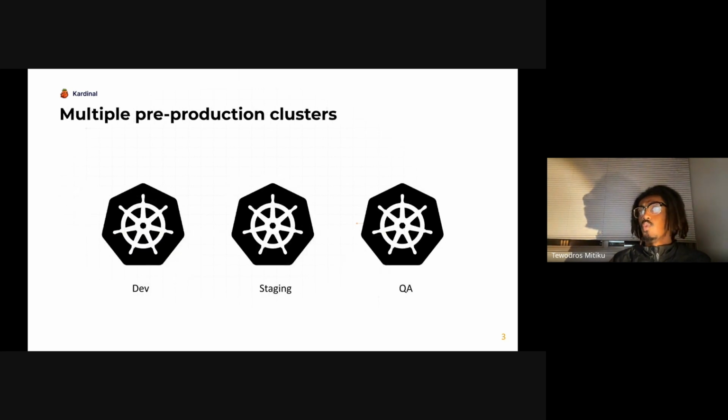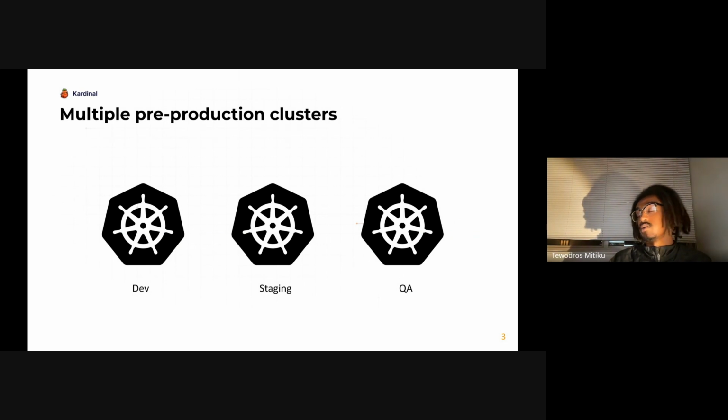And so what's a common general approach that teams can take to getting these services tested in production-like environments? Well, a very common thing that teams will do is create multiple pre-production clusters: a dev cluster, a staging cluster, a QA cluster. It depends on the requirements and the scale of your team, but these could be persistent environments, so persistent dev and staging environments that teams have access to.